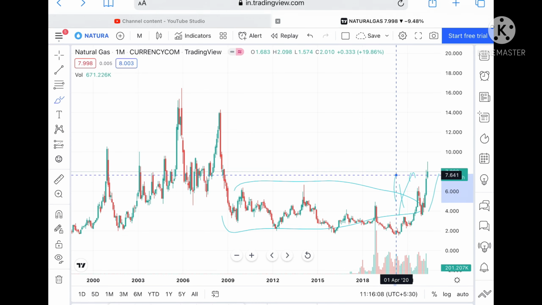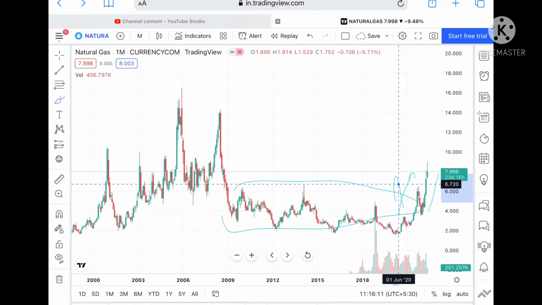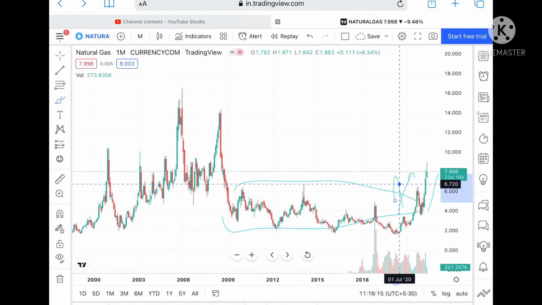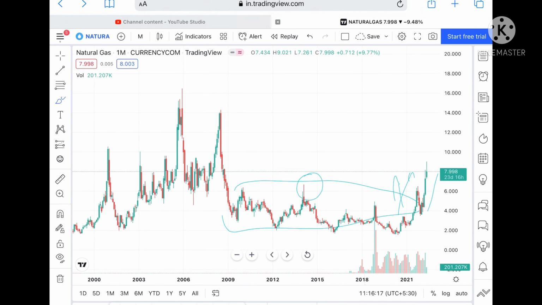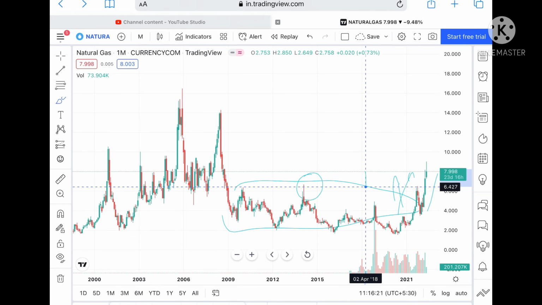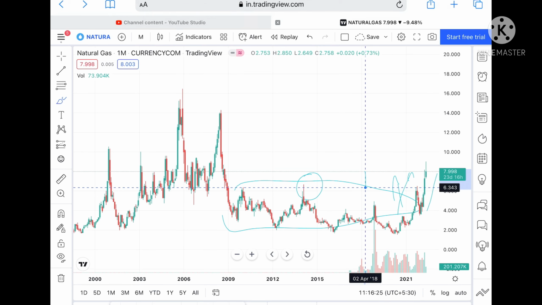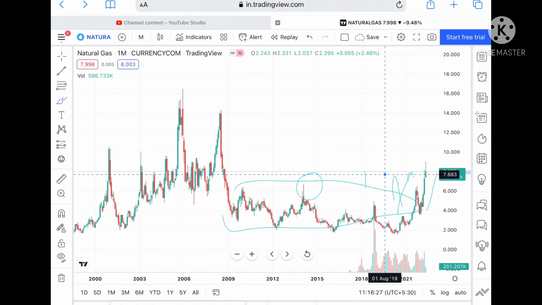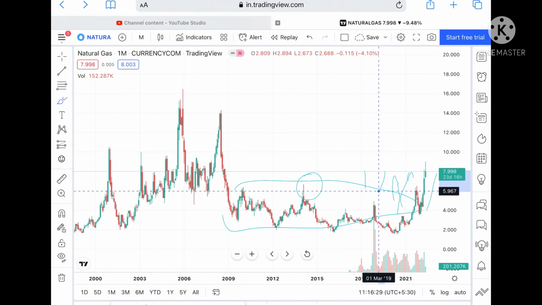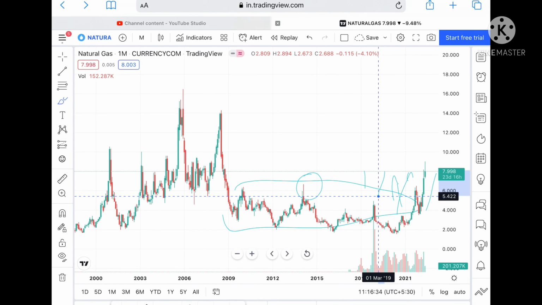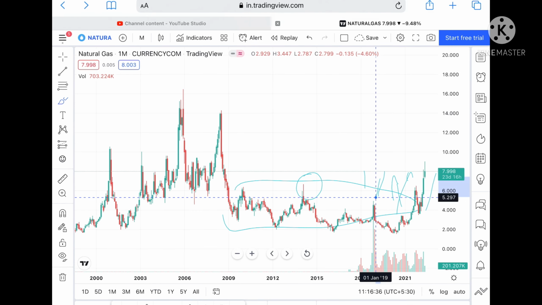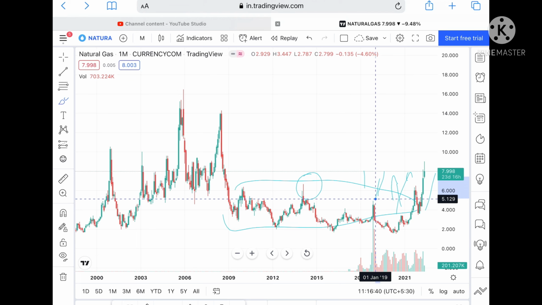Okay, and suppose the price goes below this level, then we can see a level of 6.720, and 6.720 is a point where there is a support, which if it goes below this level, then we can see a level of 6.421. Okay, and from there it can touch a level of 6.343. Once the price goes below this level, then it can touch a level of 5.967, and from there a level of 5.422. Okay, and suppose the price goes below this level, then we can see a level of 5.255, and from there it can touch a level of